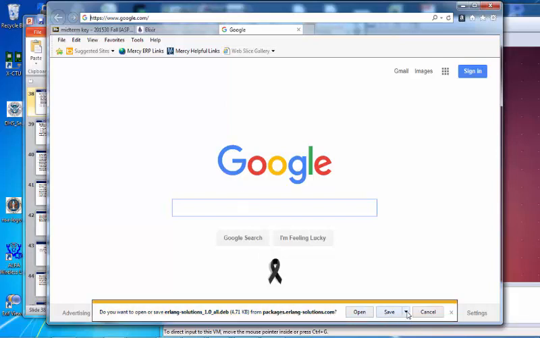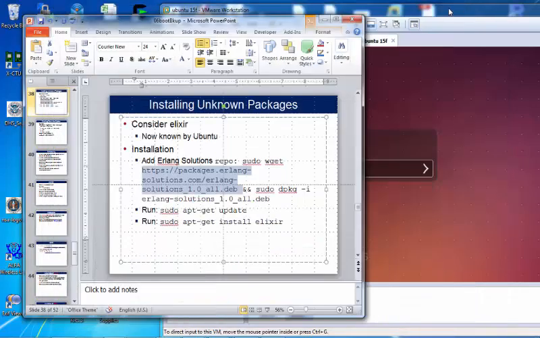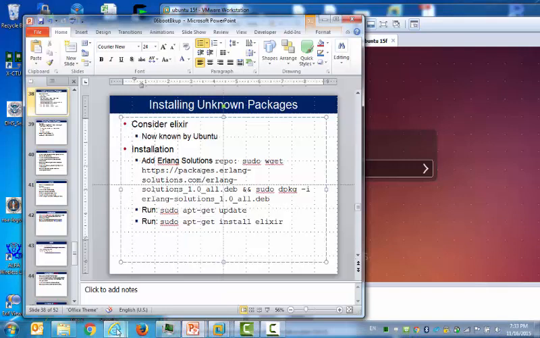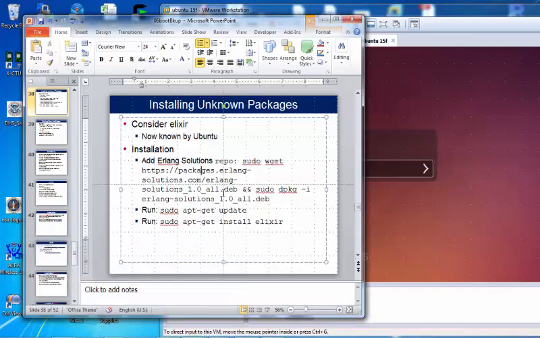Mine says saved. Once you have this, your URL is correct. The same thing meaning not found means it's misspelled. This should be packages.erlang-solutions.com/erlang/solutions_1.0_all.deb. You have to type it correctly, otherwise it's not going to work.